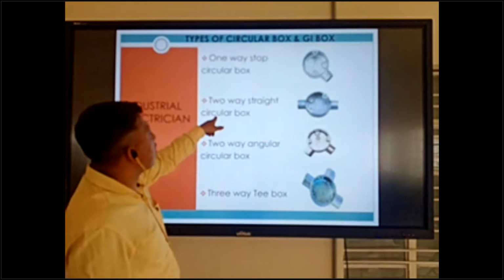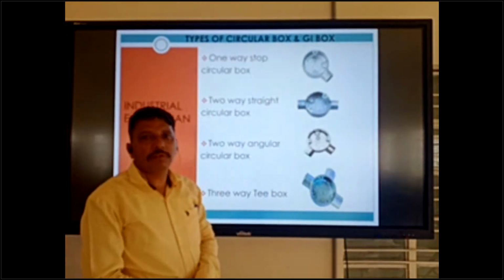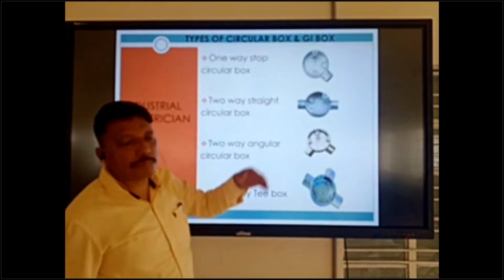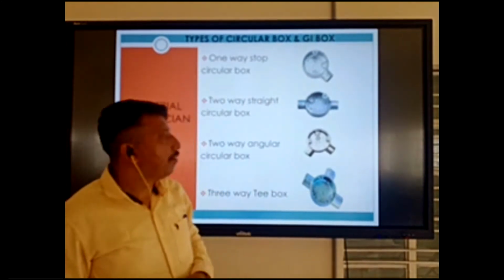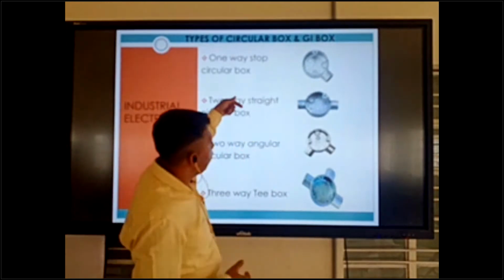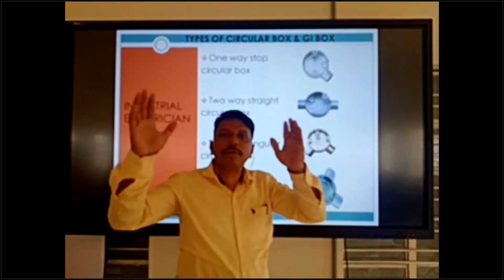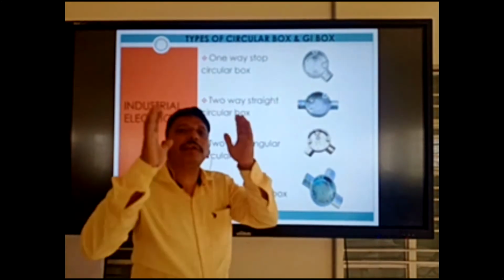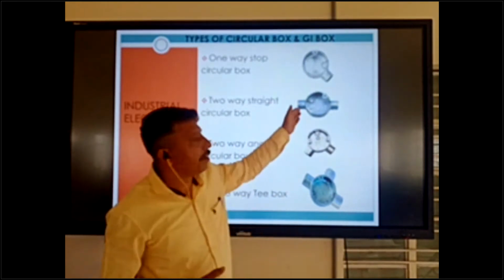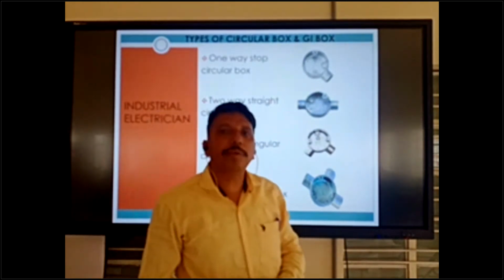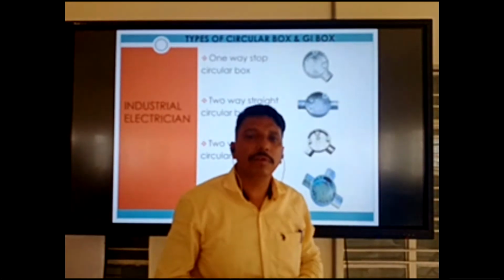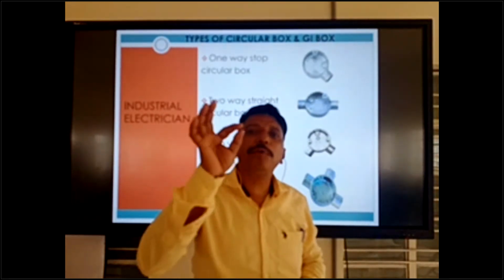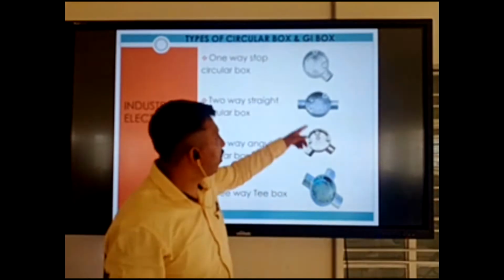And two way straight circular box. We can use it if your route is very long, suppose each 10 meters or each 3 pipes, each 3 pipes you need a JB, Johnson box.